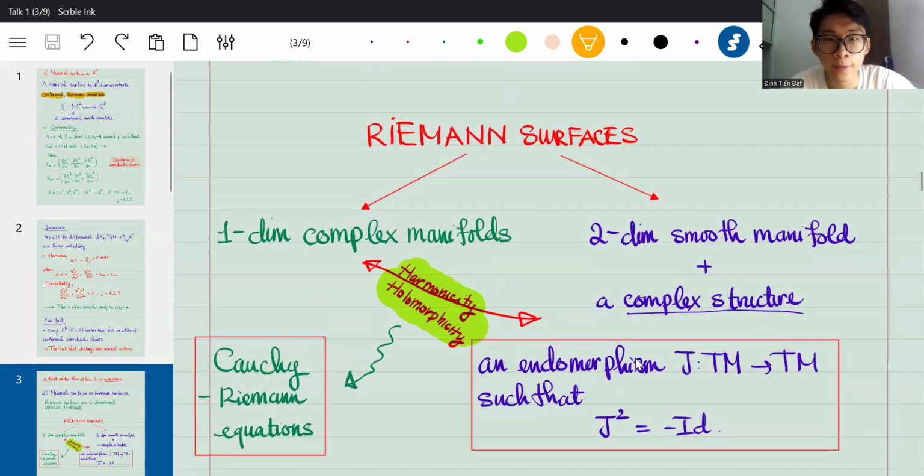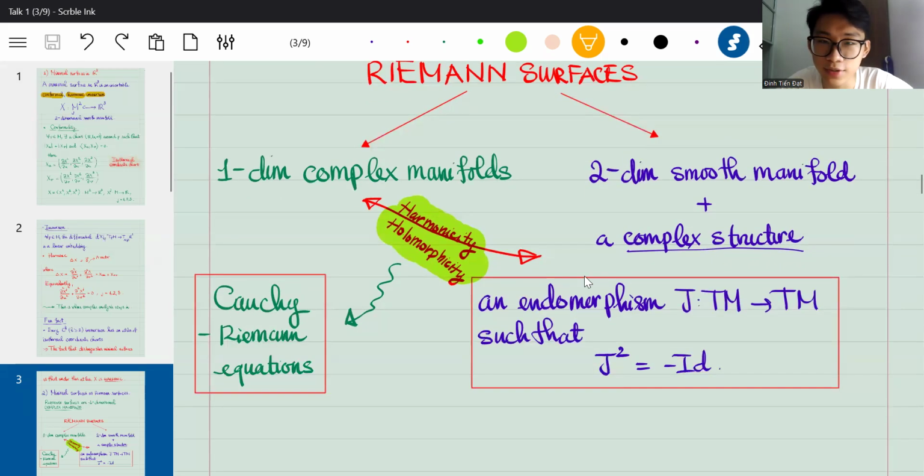So these two definitions are actually equivalent. To go from the green side to the blue side is actually very straightforward because we can just define an endomorphism by the multiplication with I, the imaginary unit, and